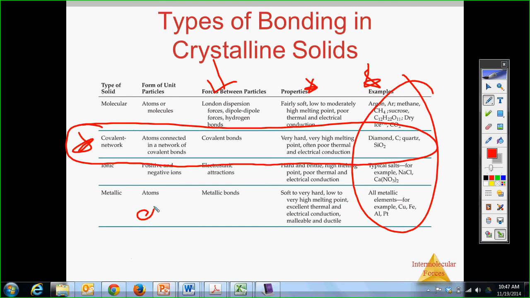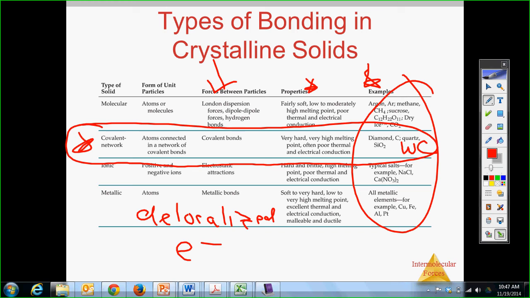And we know that this is delocalized electrons. That's what controls this. So covalent networks is how we're finishing. Very hard, very high melting point, poor thermal and electrical conduction. Examples: diamond, carbon like coal, charcoal, carbon like graphite, quartz, silicon dioxide, covalent networks. You need to know those. Another one would be something combined with C, like WC, a covalent network solid. Stuff that's attached to C, 90% chance that it's going to be a covalent network